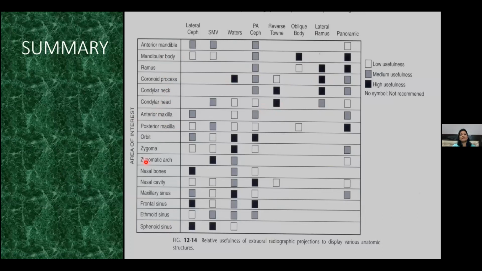Zygomatic arch, for example. So submental vertex, or to be more precise, jug handle view, right? So these are what mandibular body, lateral oblique, right? In OPG also you can do. Sphenoidal sinuses, submental vertex. Clear? Lateral ceph, you can also see sphenoidal sinuses. So this is,